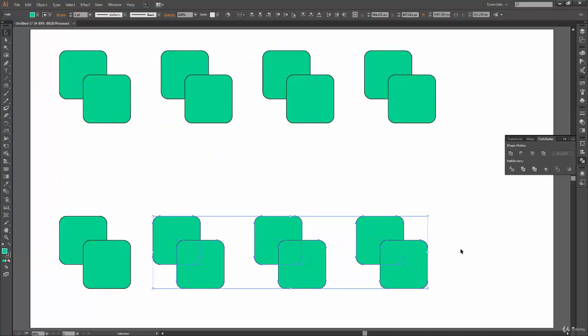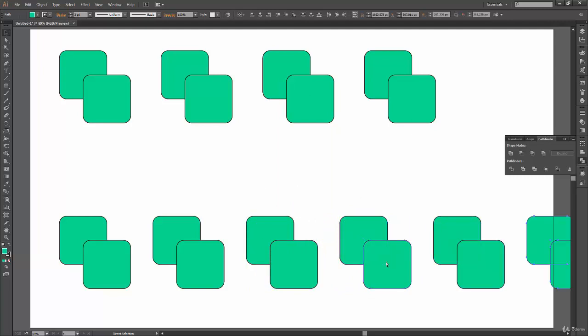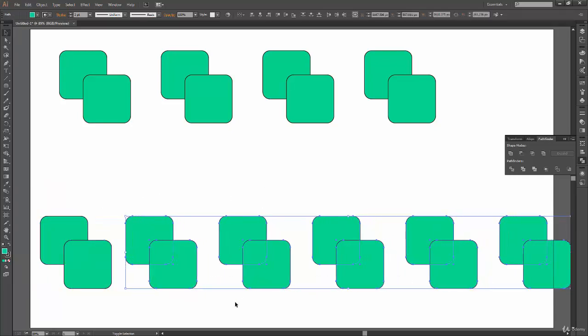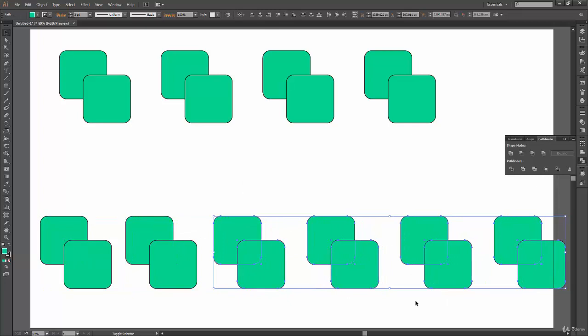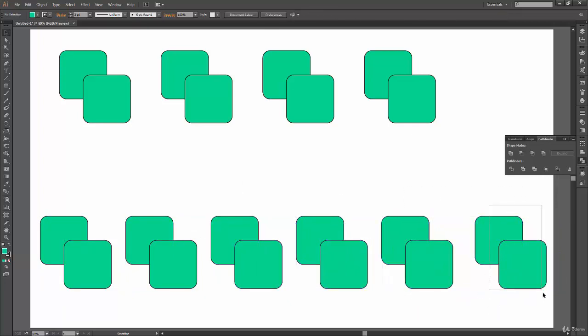Again, I'm pressing the Shift key and left and right arrow keys to position them manually from my keyboard. And one, two, three. Okay, and again, I can just have a duplicate copy of this. Control D, Control D. Okay, here we have two shapes left, so just delete them. Again, I think we need some repositioning to have all of them in a single artboard. So let's just reposition them real quick. Okay, and here we go, and this last one.